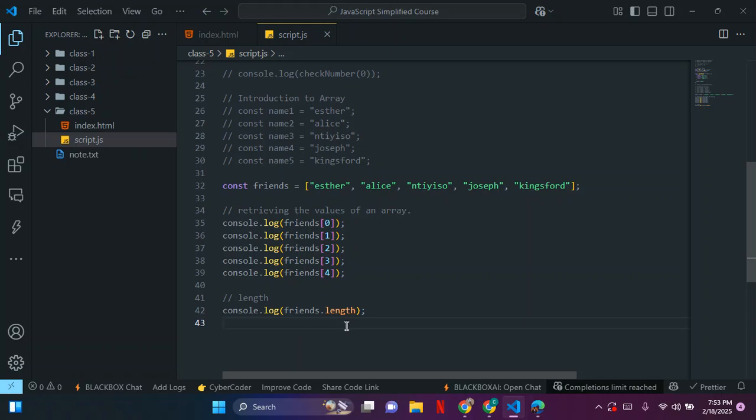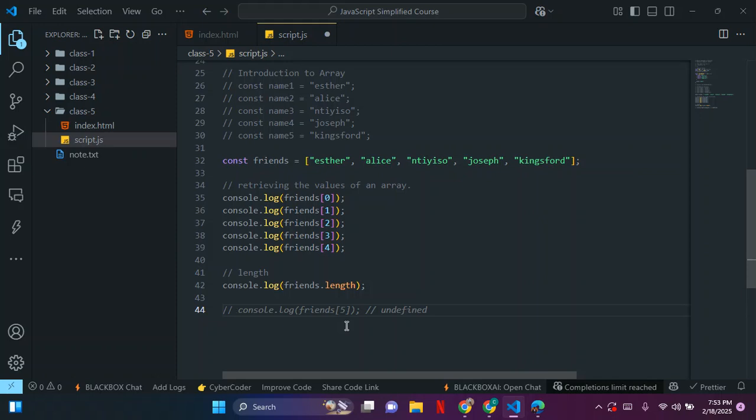Sorry, the last value of the array without using its index. Let's get it programmatically. So I'll just say last, get last element of an array. So to get the last element of an array programmatically or dynamically, yes, dynamically, without using the position or the index value of that last element, because apparently the last element is Kingsford, and